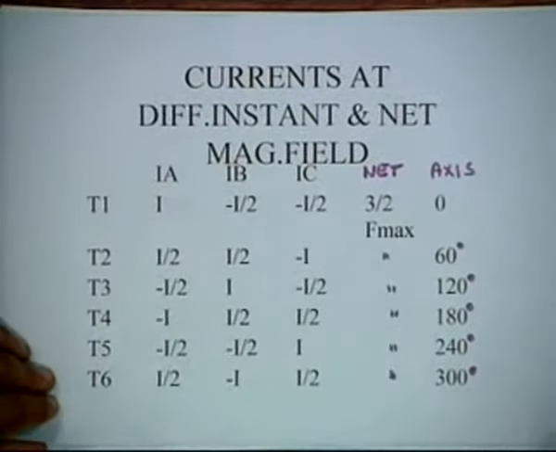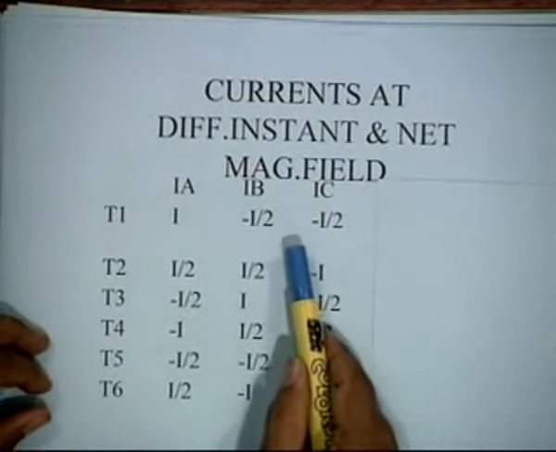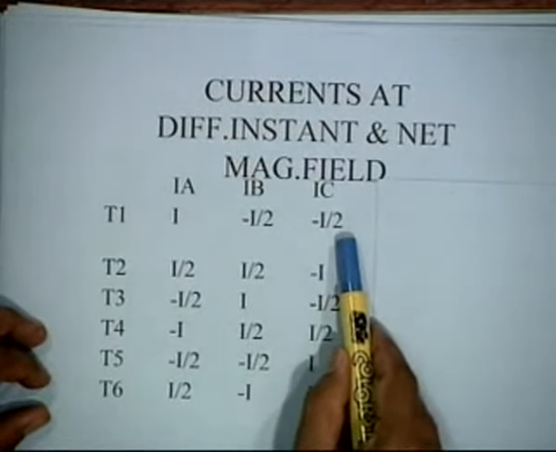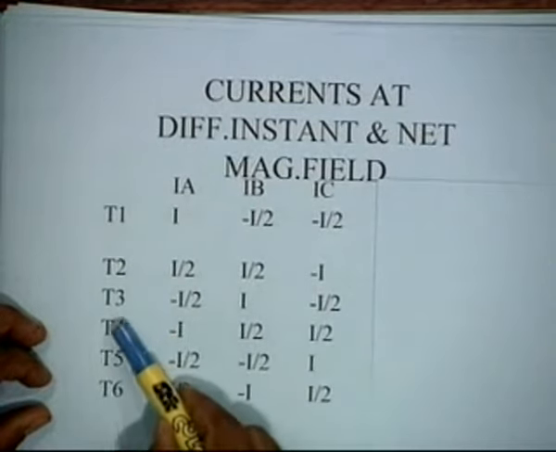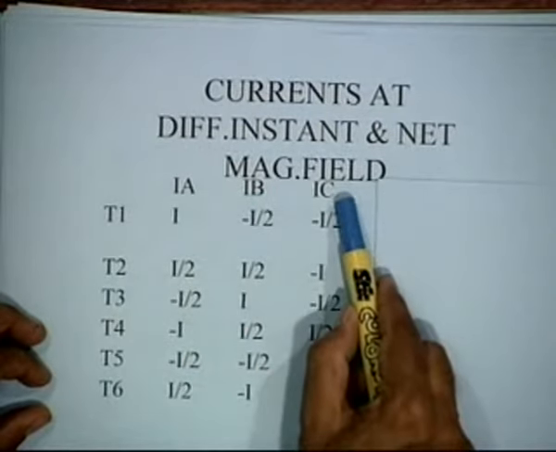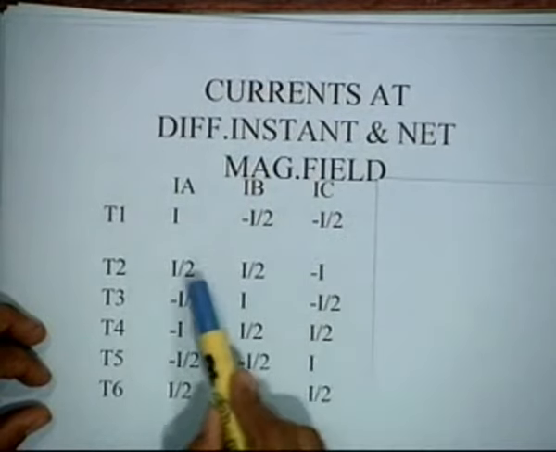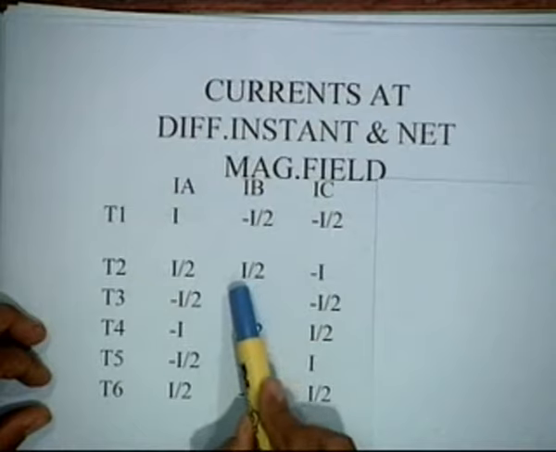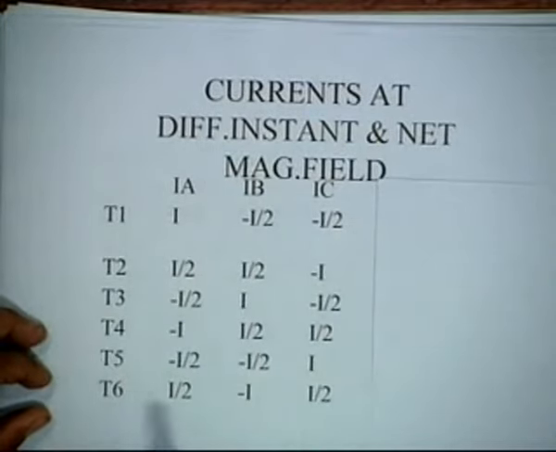So, we have a situation like this. We can sum up that these are the currents. At t1, I, minus I by 2, we have seen. If you look at that waveform, you will see this summary. T1, T2, T3, T4, T5, T6, the current magnitudes IA, IB, IC for the 3 windings will change. So, I, minus I by 2, minus I by 2, then I by 2, I by 2, minus I, like that, okay, at different instances of time.